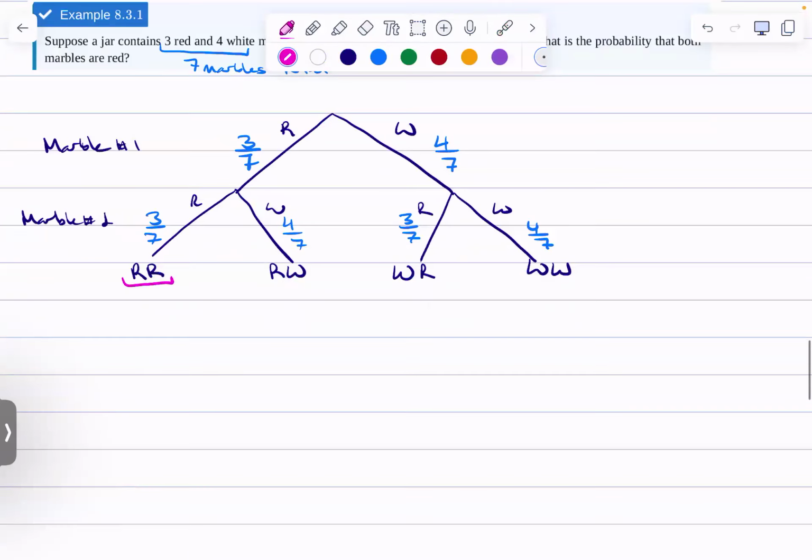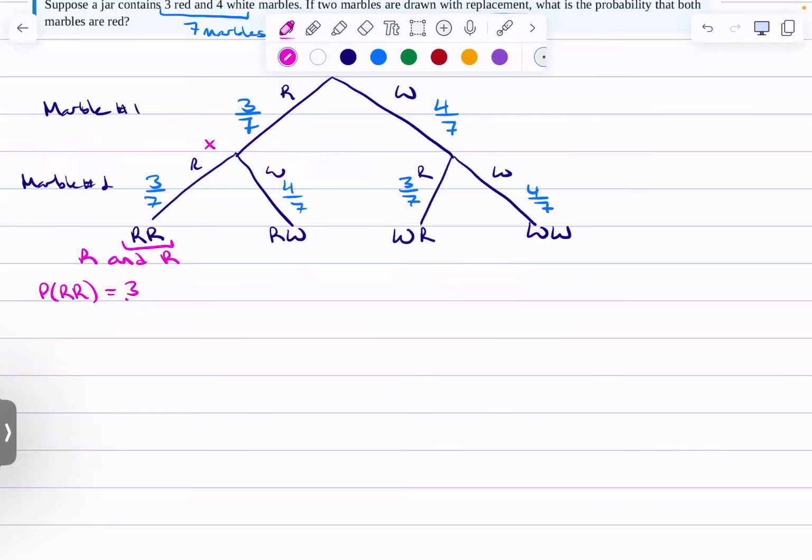So really what this means is R and an R. For probabilities, that means we can multiply down the branches, and we can find a total probability at the end of this branch. So the probability of RR, and I usually drop the 'and', is going to be 3/7 times 3/7,